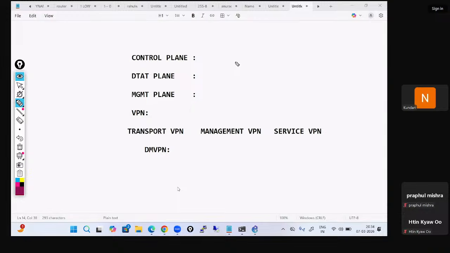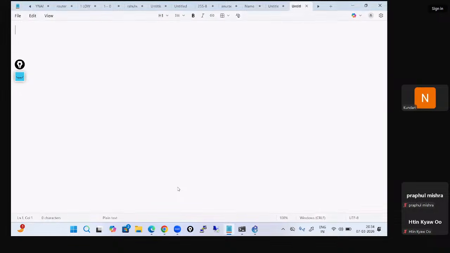Automatically IPsec will come into the picture, the encapsulation part. It is going to take care of the encryption part, everything. So that part is good. Now again, in terms of why we require SD-WAN: because if we discuss the traditional network in this way, see, for example,